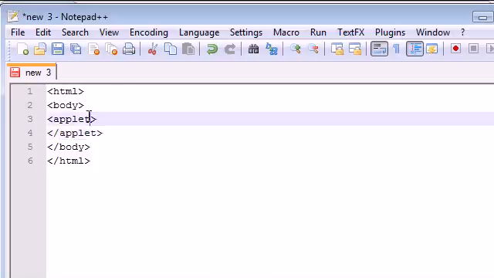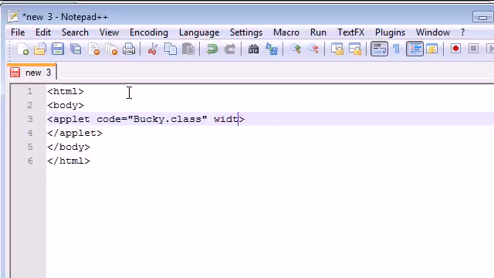And the only thing that you need to do is you need to add a couple attributes in the opening tag, of course the opening tag. So first thing you need to do is write code and set this equal to the class that you're going to be using, which is pretty much a program. And I'm going to set mine equal to Bucky.class, and the only two other attributes you need is the width